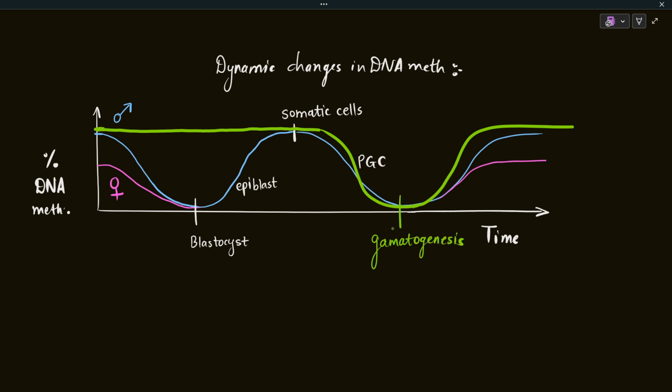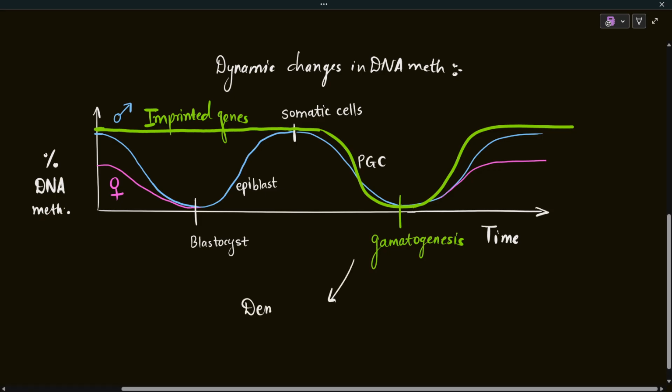So this is the gametogenesis part, and this shows the methylation on the imprinted genes. During gametogenesis, all the imprinted genes undergo demethylation, so that new methylation marks will be set